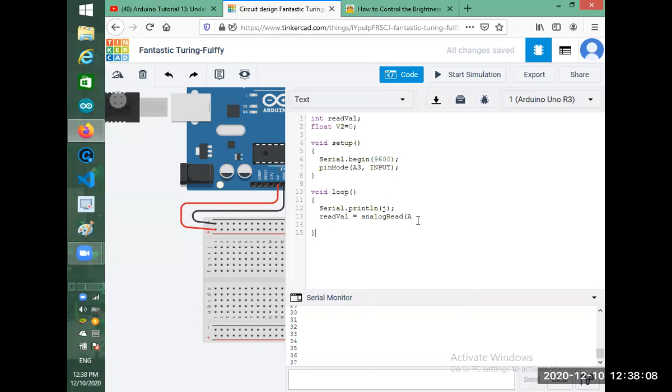So we said read val takes whatever voltage is inside. But the point is, here we are not getting the voltage, we are getting a digital number. As we saw last time, the voltage is divided into values from 0 to a maximum, and that value is what we get, not the voltage. So we need to convert that number into voltage. For that purpose we have V2 and a formula. Don't go into too much detail, you just need to get the formula.